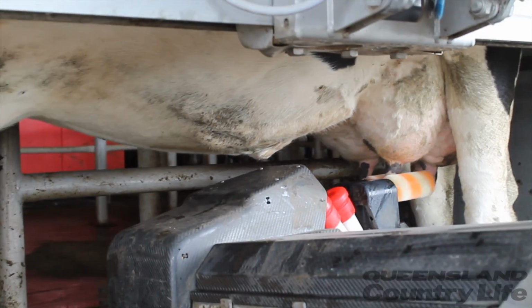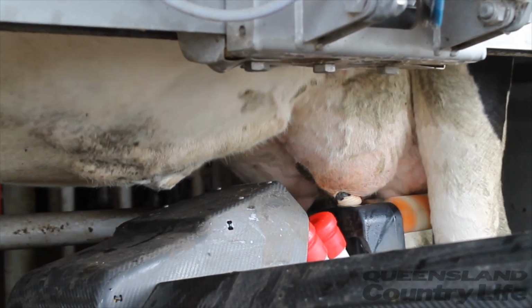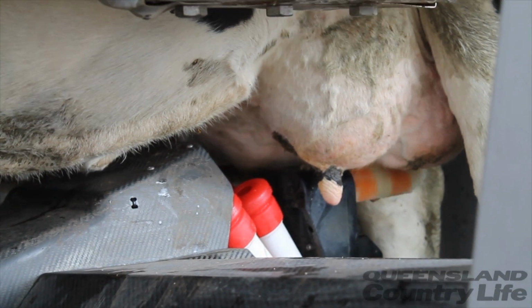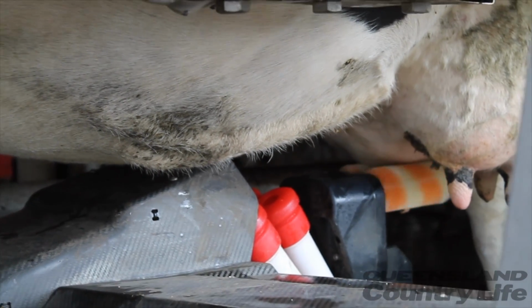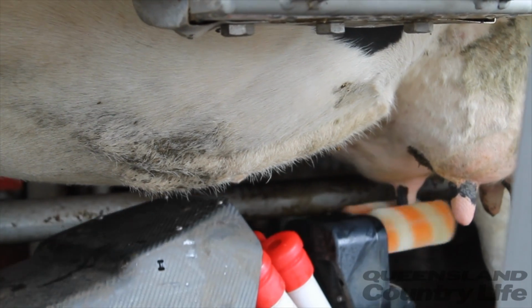The brushes have two purposes. They're actually cleaning the teats and they're stimulating milk let down also. So we actually see our cows milking out faster now than they used to in the conventional dairy. It only takes about 5 minutes for our cows to milk out. So it cleans all 4 teats, and then when that's finished we'll see the brush swing out of the way